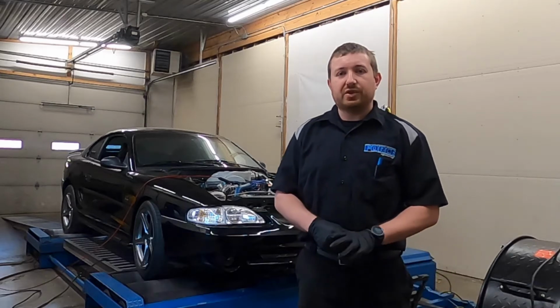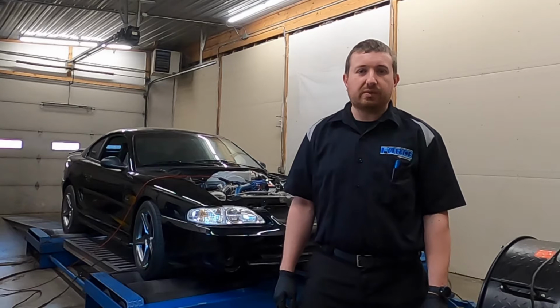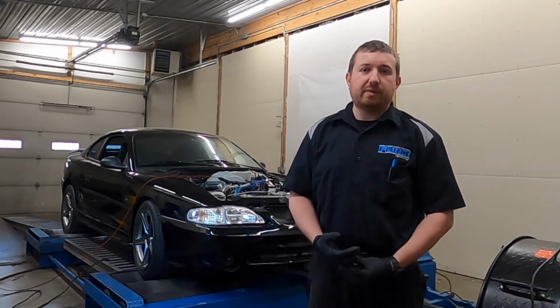Hello everyone, today we're tuning this 1994 Mustang. It is a 363 cubic inch small block Ford with an aftermarket block, the Dart block. It's a pump gas, Megasquirt ECU, has a single Precision 76 mil on it through a T56 trans. We're going to get...